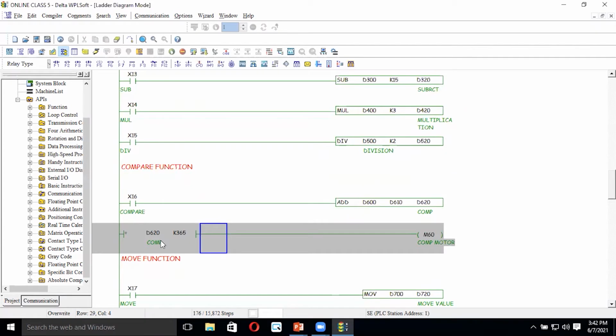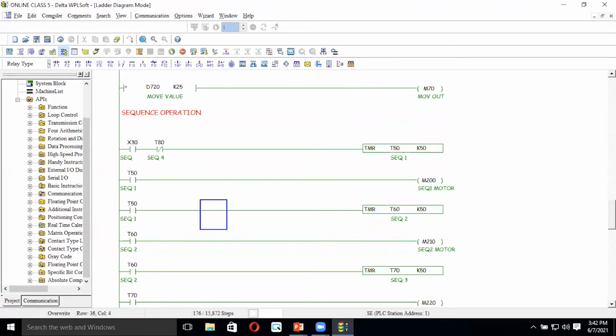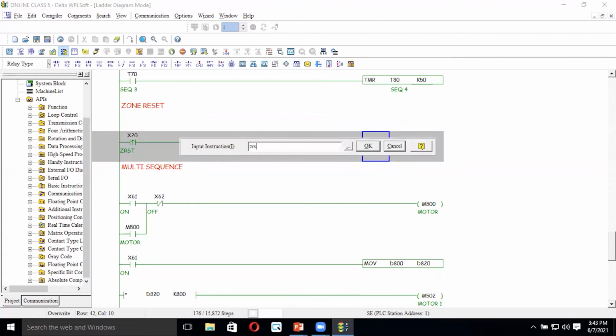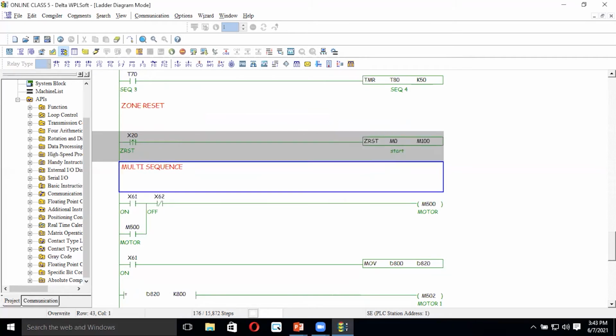So based on that, we can easily write a program just by typing instructions. We don't need to go to the function blocks and look up what the function is and what elements they are using. You won't go to that all the time. This is about zonal reset, ZRST, from M0 to M100. This is used.